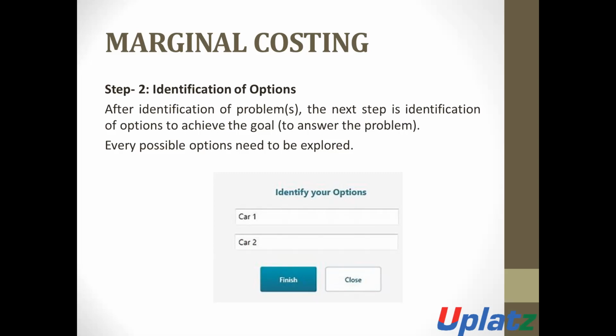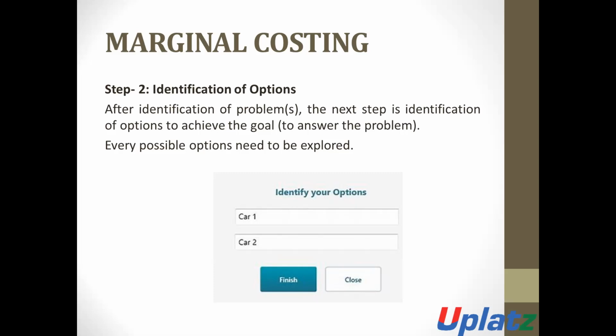Before selecting any option, it is very important to evaluate or explore each possible option so that the entity can properly identify which option is better for the organization to achieve its goals and objectives.